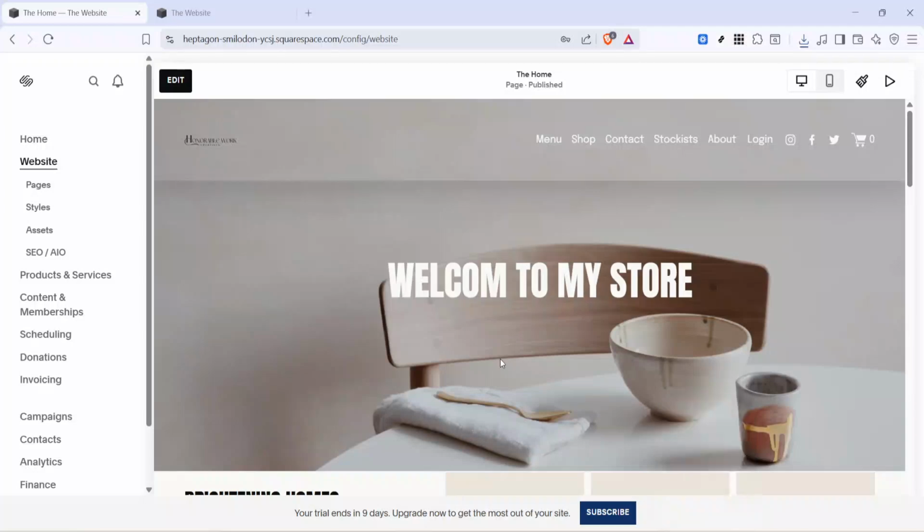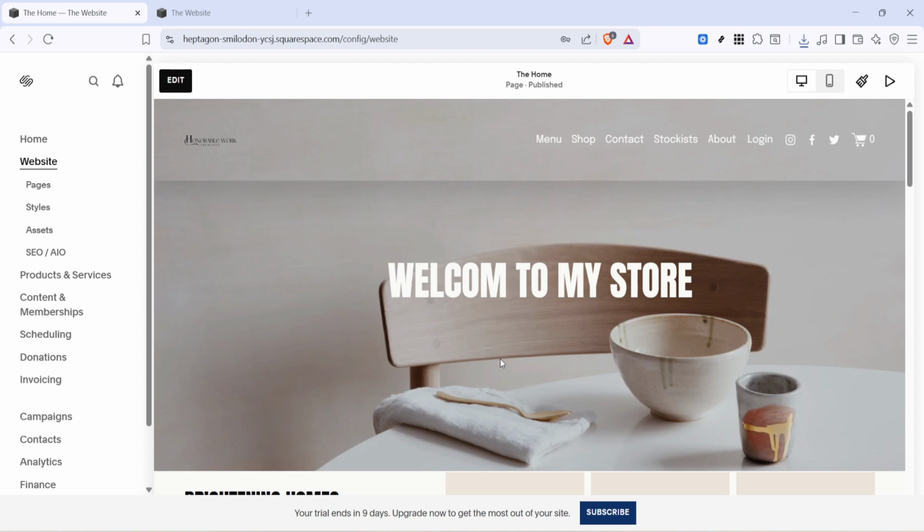In today's video, I'm going to teach you how to create a course on Squarespace with a password protected page. We're going to set up a simple course page inside Squarespace and then lock it with a password so only people with access can view it. This is a useful option if you want to share private course content with students, clients, or members without making